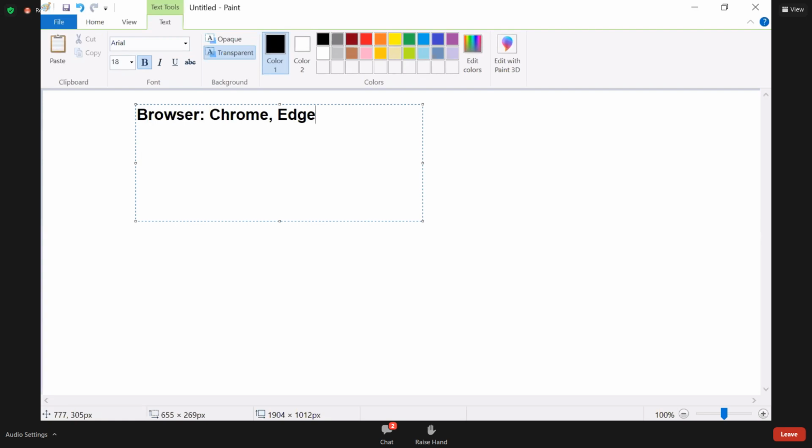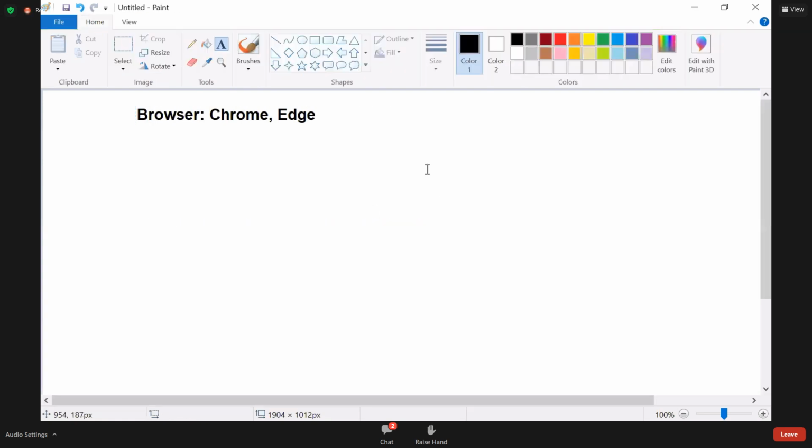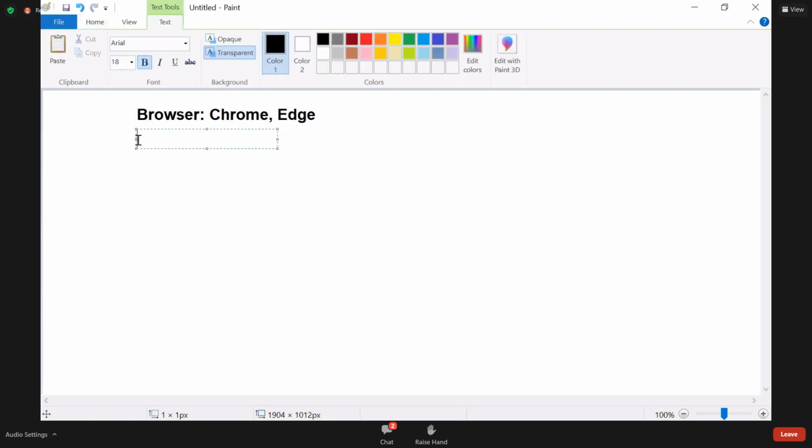Actually, browsers have browser engines. Every browser will have an engine. Already I told you, there are so many browser engines. Like we have an engine called WebKit. WebKit is the engine used by browsers like Chrome, and Edge-like browsers use a